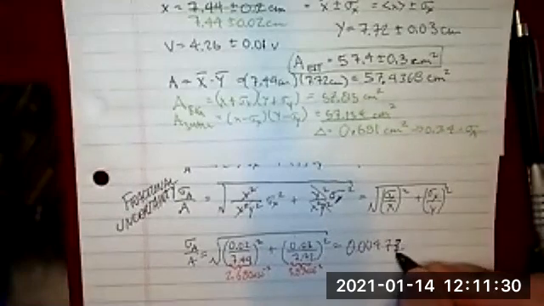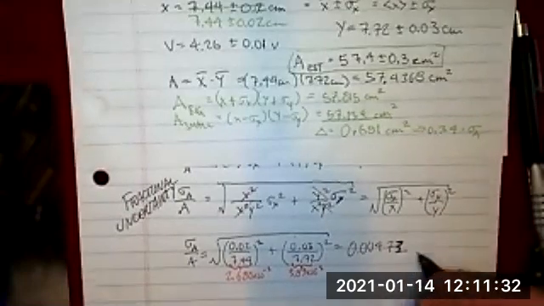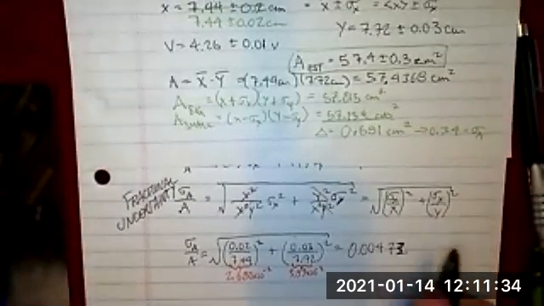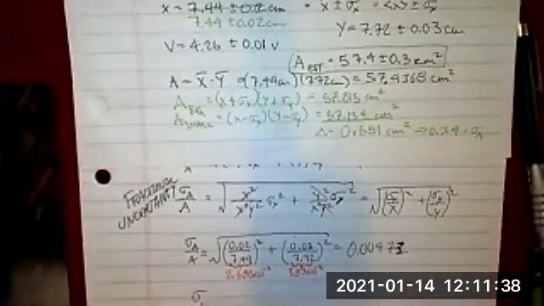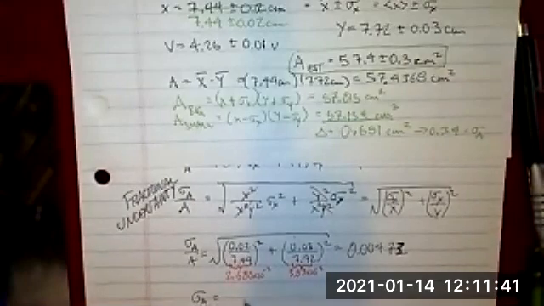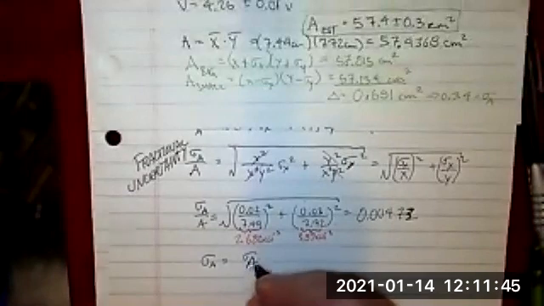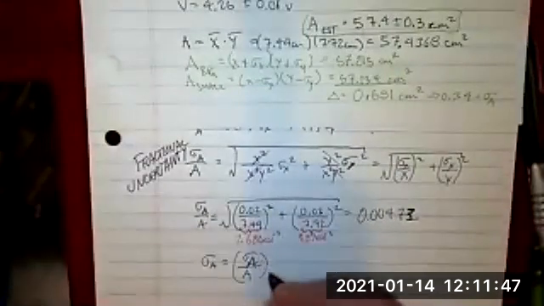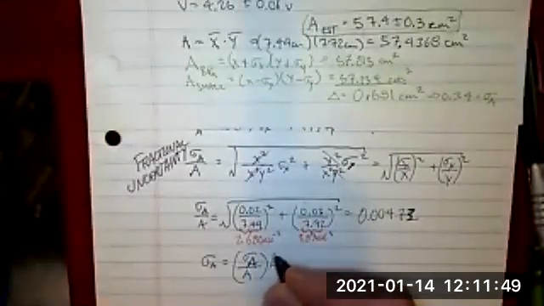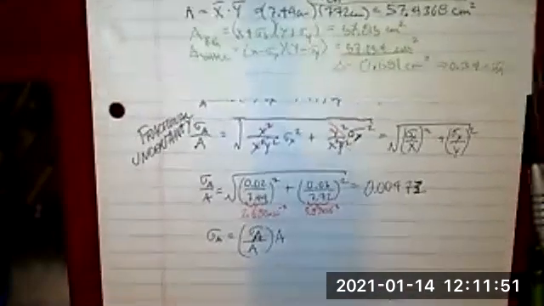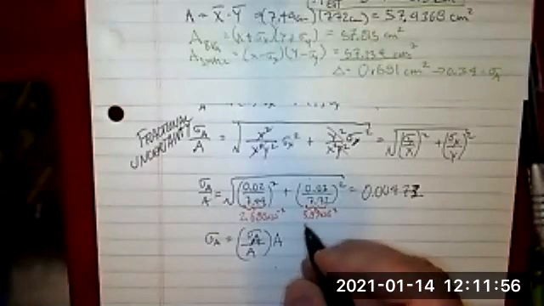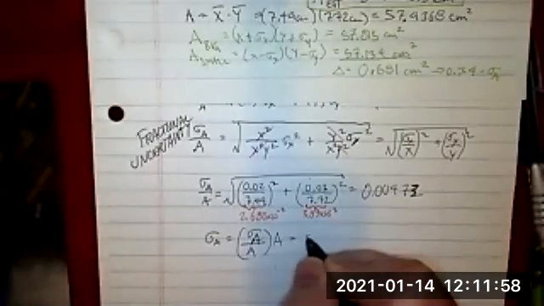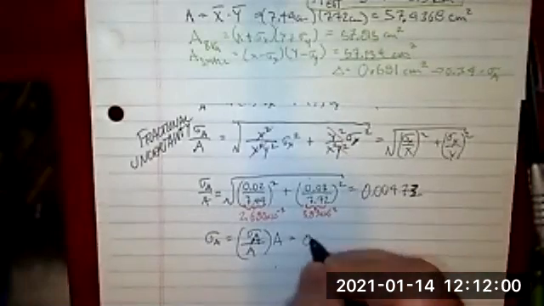0.00472, actually 473 if I properly round, and that's the uncertainty in the error in the area. Okay, now that's a fractional unit, so if I want sigma A, which is what I have to write as plus or minus, I take sigma A over A and multiply it by A, and whenever you see just an A, that means the average A. So in this case, I'm going to take the average A that I got, which was 57.4362, and I'm going to multiply it by this number,